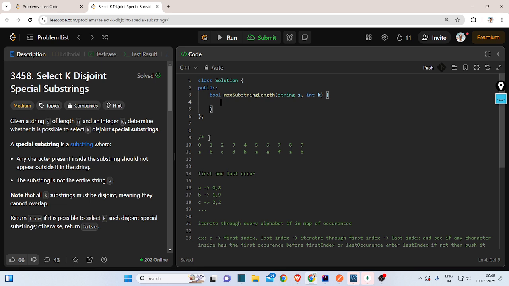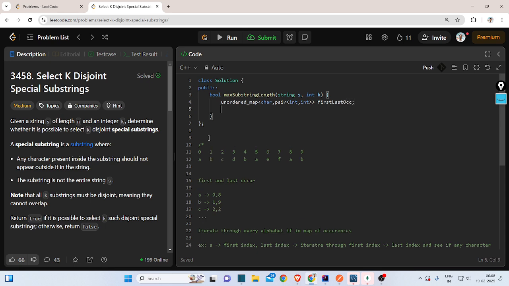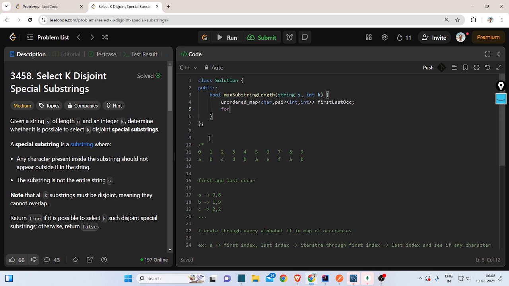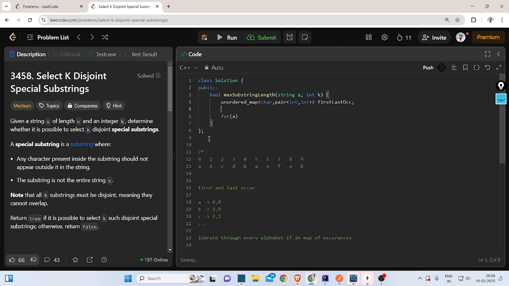Right, so let's first do it stepwise. Get the first and last occurrence. That's going to be based on characters, so I'll store it in a map as a pair with a value first, last occurrence. Alright, and then I am going to have an interval as well. For that I'll declare it later. First let me get a n